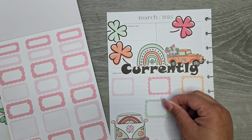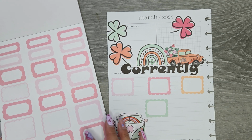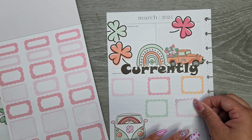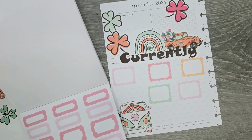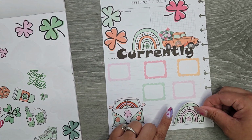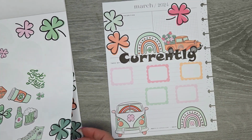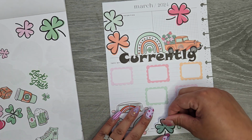Okay, and then maybe that only gives me like one extra. So let's do the light pink, because that's the color furthest. Okay, so we have our little boxes so we can write our currently down. Then I have space so I can put this other little rainbow in here, just like that. And then, of course, we want to add more of these clovers